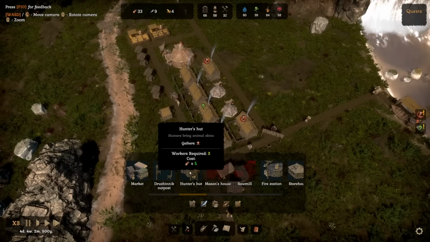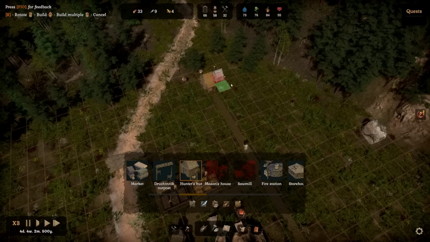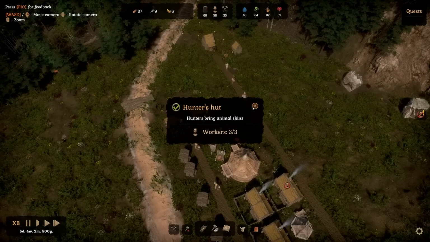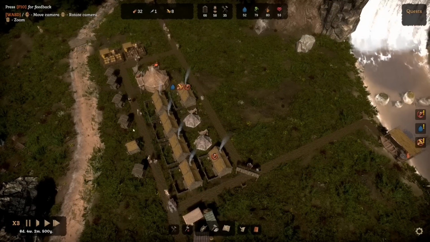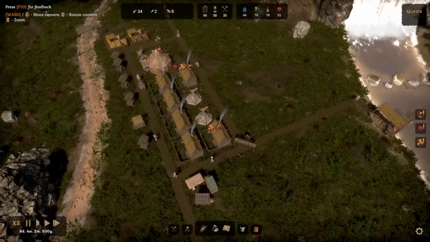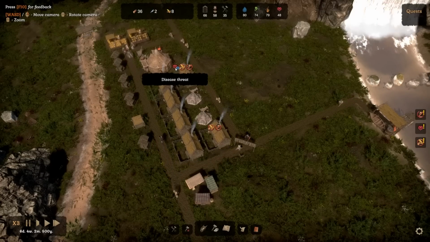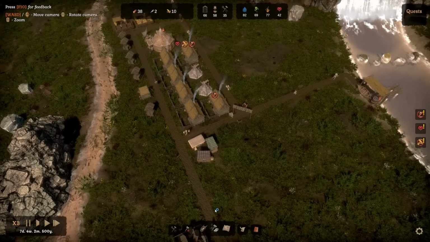We need to get a hunter's hut in order to get some... Let's put it out here. Sure. We need to get a hunter's hut in order to bring in animal skins. That's fine. Water, by the way, we are looking very, very fine for water right now, which is good. No conditions for migration. Yeah, I think we do need some more food. I do think we need more food, and also maybe lacking a little bit in the disease prevention realm, but